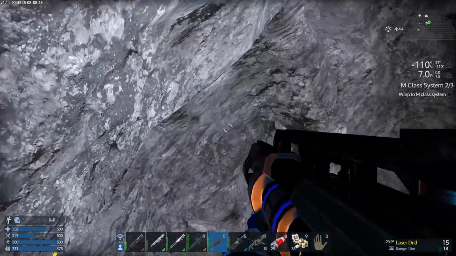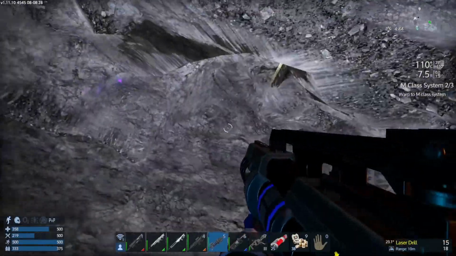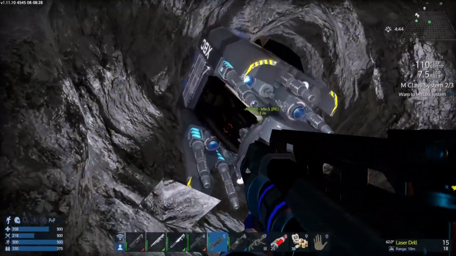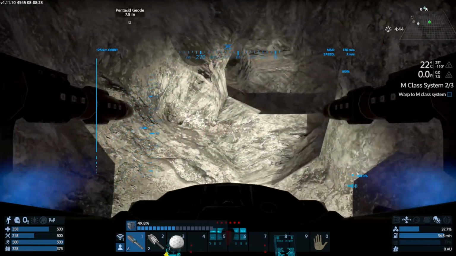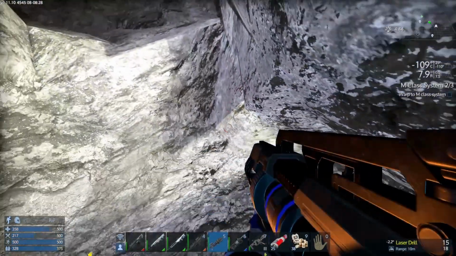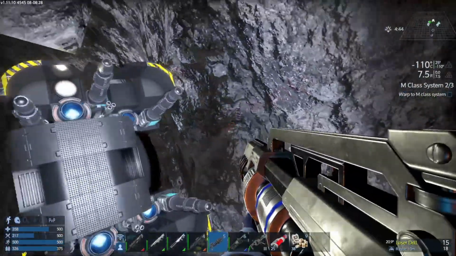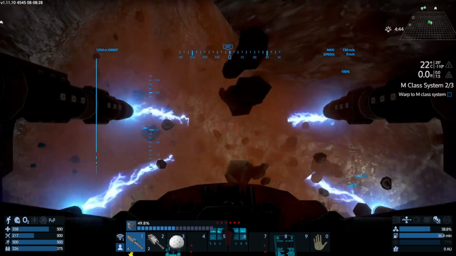I think we've got everything out of here. All we've got to do now is find the way out. There's the way out. I think behind us is a... No, it's just that we can't turn around that easily. Okay, we're going to have to kind of...